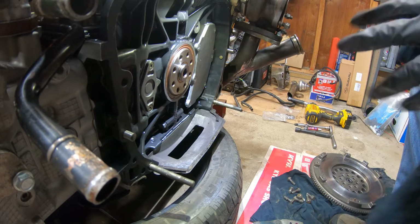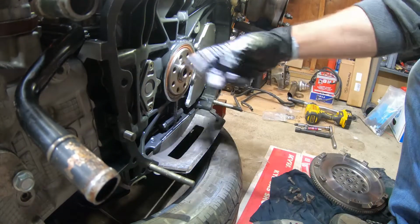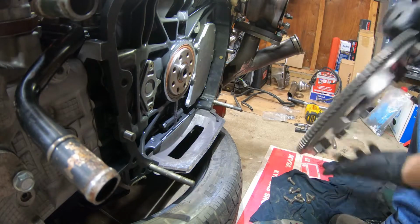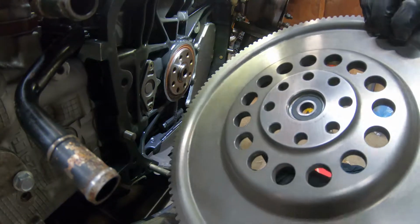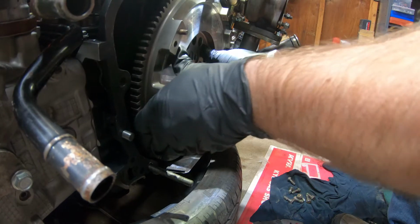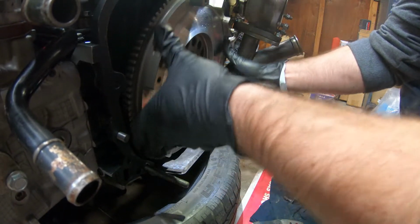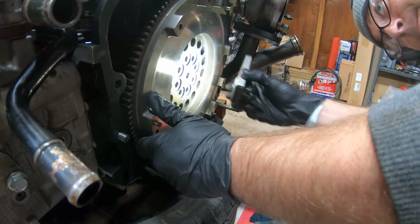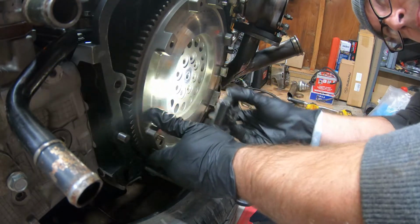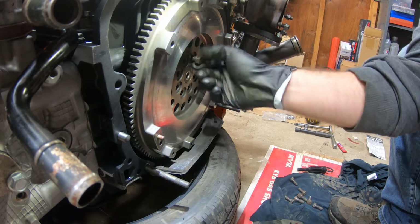All right, guys, let's get this flywheel on here. I already cleaned up this surface and the back of the flywheel. Let's throw this little guy up here. Now I'm gonna screw these in. I just cleaned them up. I'm not gonna use any